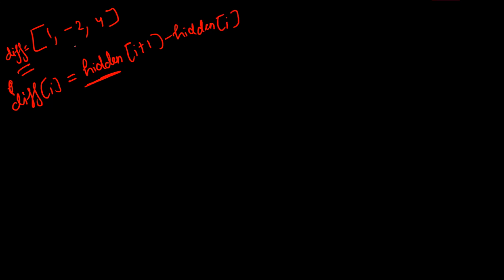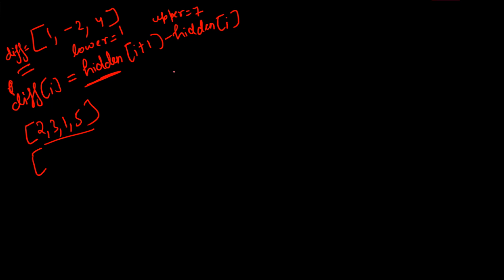Also, they have provided a range, upper as well as lower. Whatever elements we consider for our hidden sequence, we have to make sure each element is greater than or equal to the given lower bound. Let's say the lower value is 1, so the elements should be greater than or equal to 1, and for upper, let's say we have 7, so the elements should be less than or equal to 7. So what are the possibilities? For this scenario, we can have 2, 3, 1, 5.